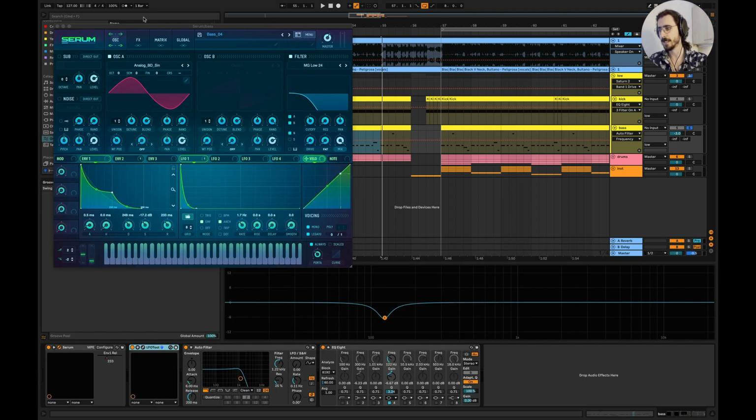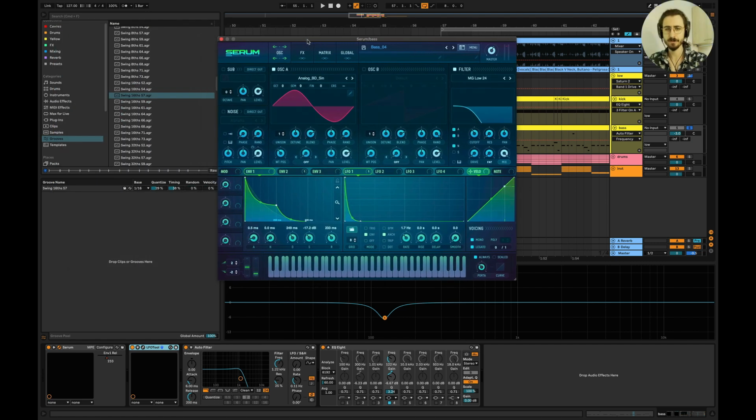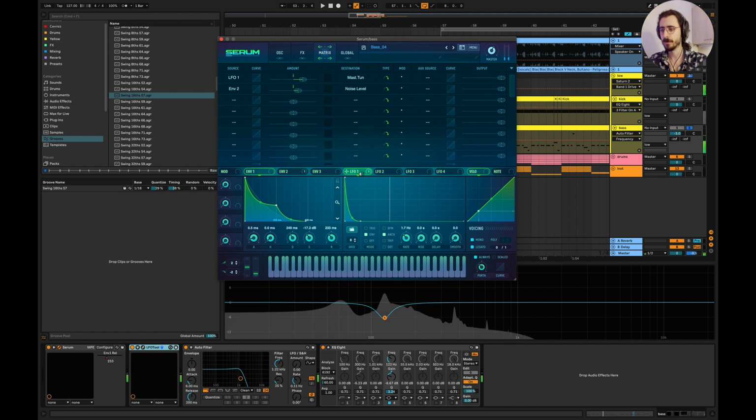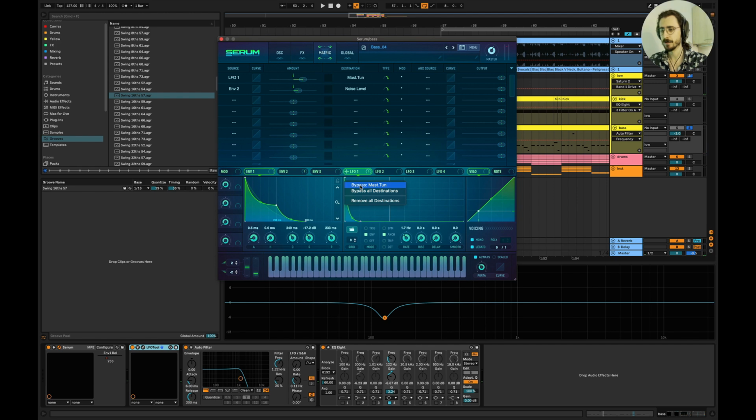What I'm going to show you is this patch. You can get the project and all of the presets. It's just a simple sine waveform, and I have LFO 1, which is basically controlling the global pitch. If you can see here, LFO 1 goes to master tuning. If I disable that,